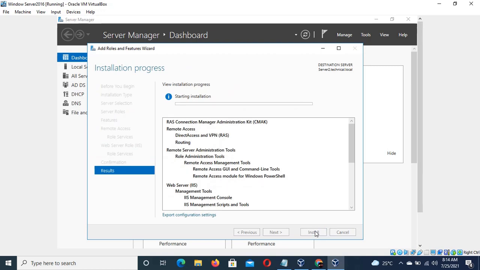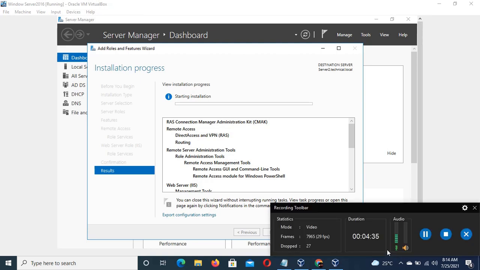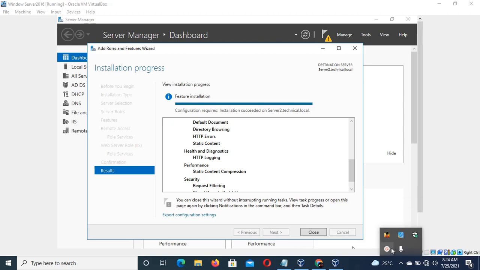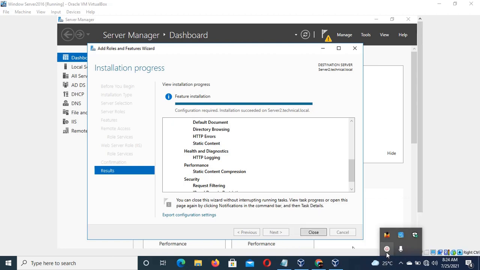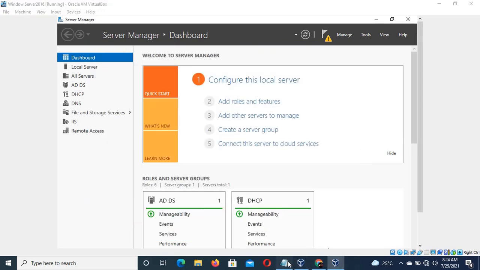While we wait for it to install, okay, welcome back guys. As we are done installing the server roles and functions, we are going to close this tab, and the next thing we are going to do is to